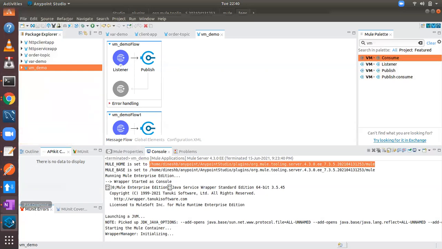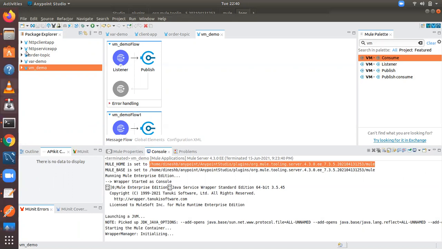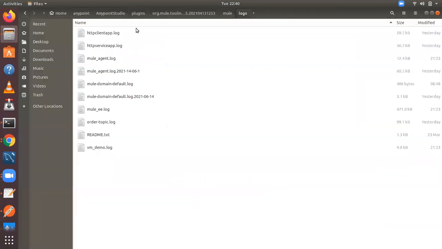So where can you find it? Let me go over here. See, HTTP client app.log, HTTP server app.log, mule agent.log, order topic.log. Yesterday we created the order topic application. For each application, a log file got created.